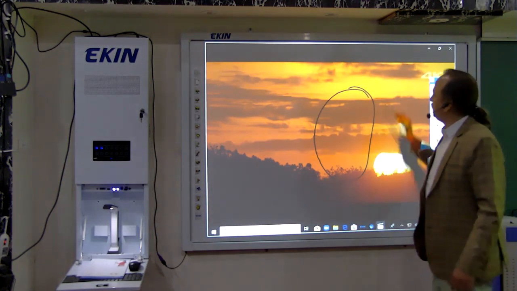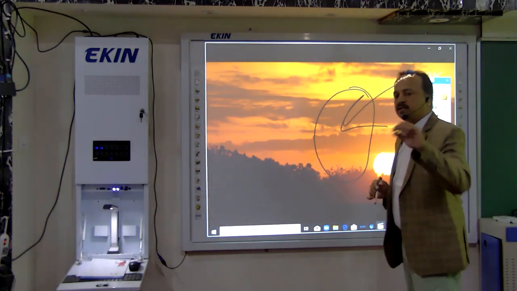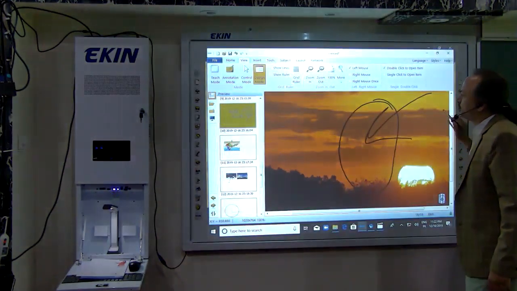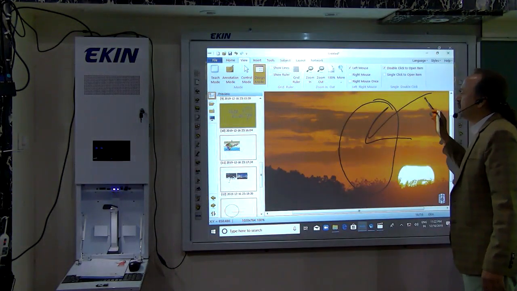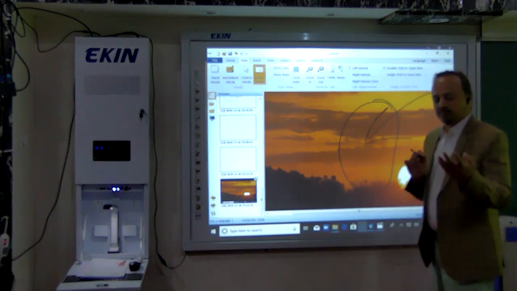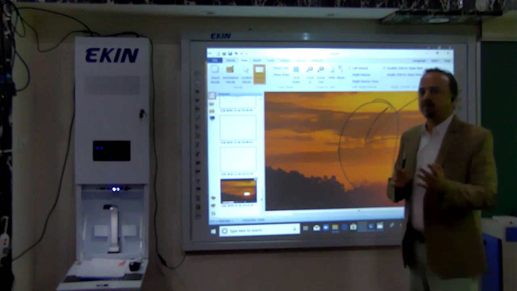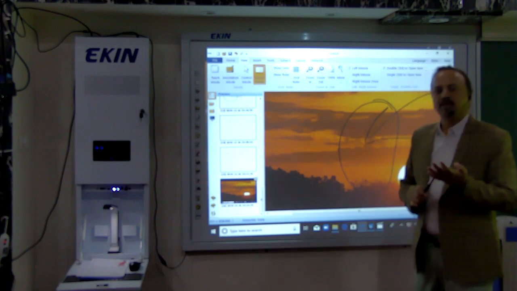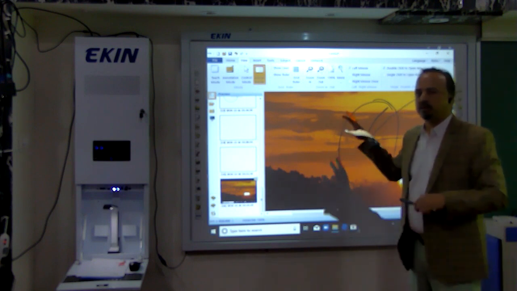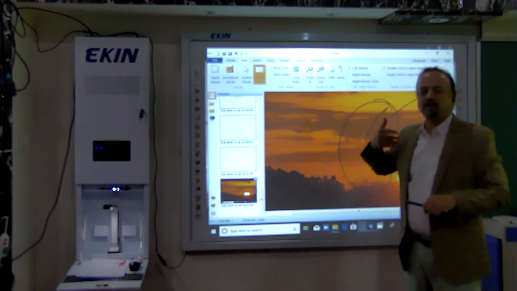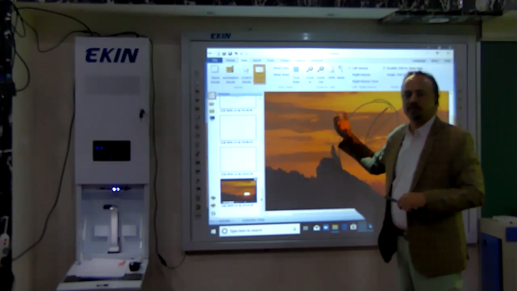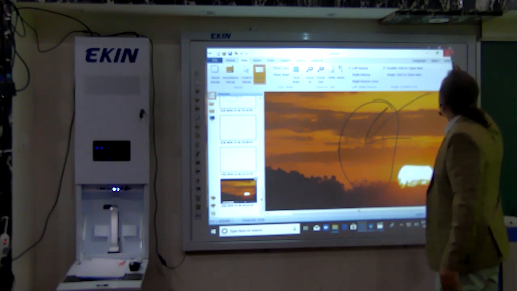So any documents you bring, you want to run, you want to write something onto this, it is possible with our software. And when you go back to the document, our software will capture that screen and put it on the new page. Here it is available. So with the software, you can have a full screen, you can write, you can insert any images, you can put any videos, you can capture anything, you can go out of the software, you can use it as a complete CPU, you can annotate on any PDF, any presentations, any other files with just a click of two or three buttons. That's it. Now, this is about the software.